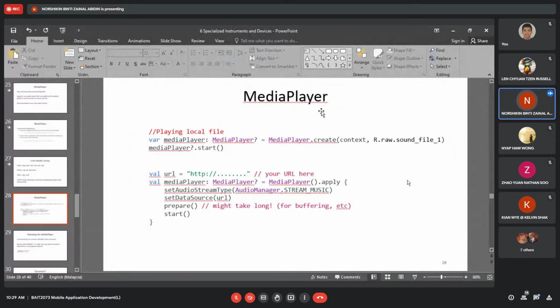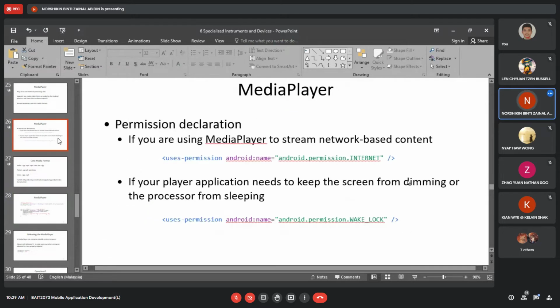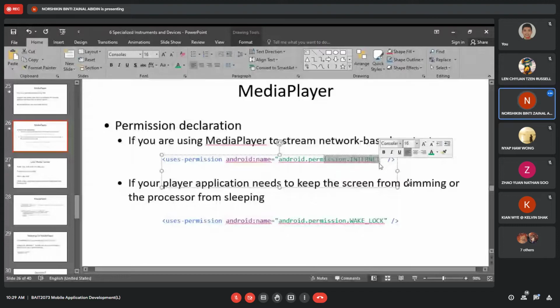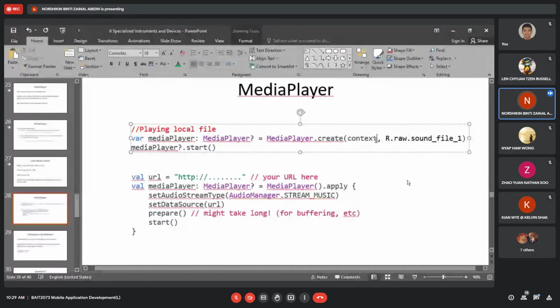So we are going to look at the code for media player. Playing local: local means you don't have to request the internet. It's local in your app or in your device. So playing a local file, media player plays the sound file in your app.